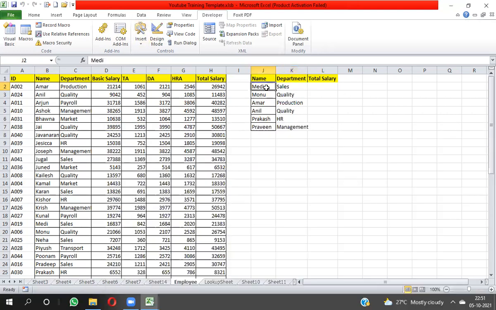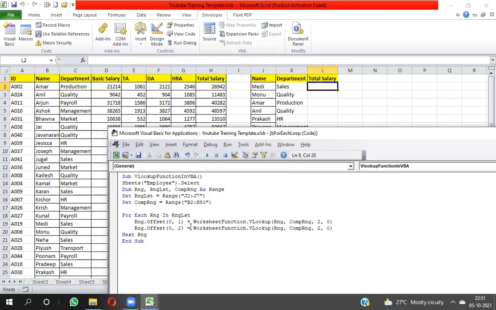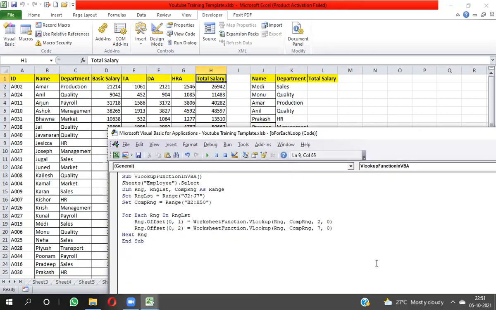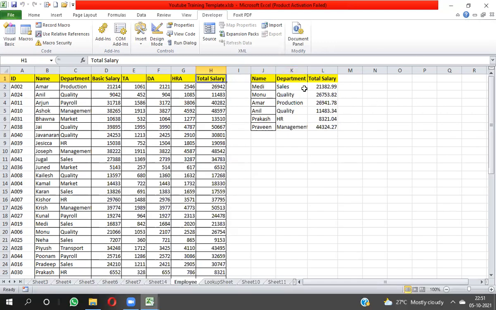From RNG, I need to move 2, so I have written 2. And here I need to take column number 7. Why 7? From this column to this column, we have 7 columns: 1, 2, 3, 4, 5, 6, 7. The same 7 I have written. Now I'm pressing F5, and you can see the data is available per column.